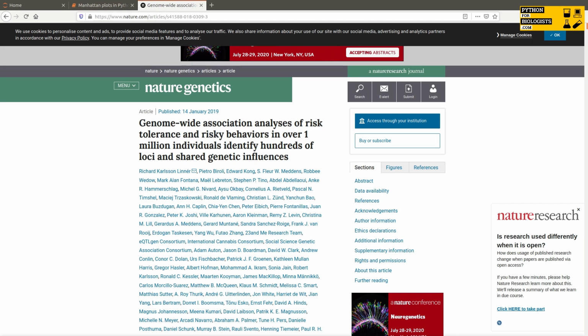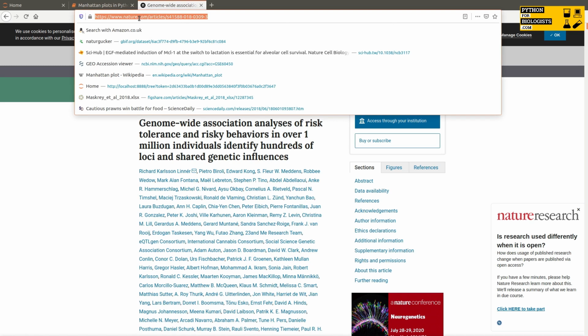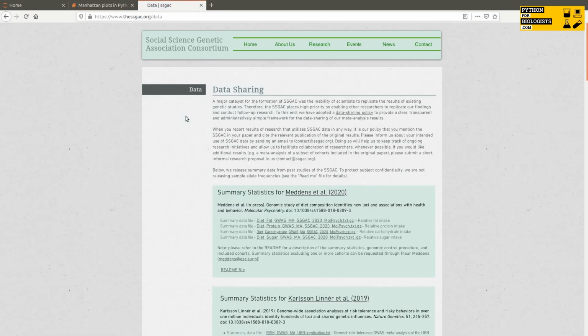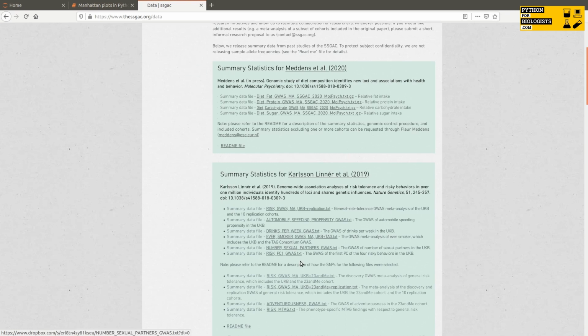Now, the data for this particular project is distributed on this link, which I'm going to bring up now. It's distributed via the SSGAC, and near the top of the data page, this is the link to the various different files that we can download, and you can see there are different types of risky behaviors that they're studying here. But I'm just going to put in directly the link to the data set that we want,